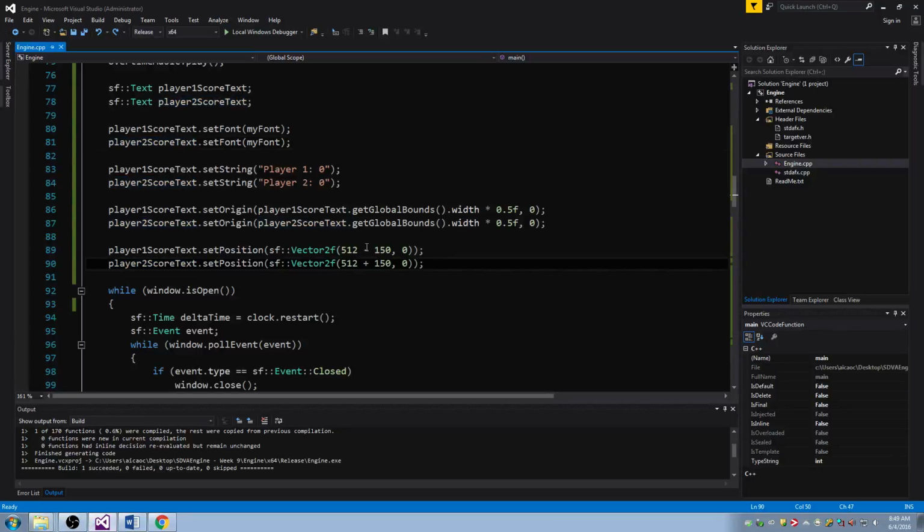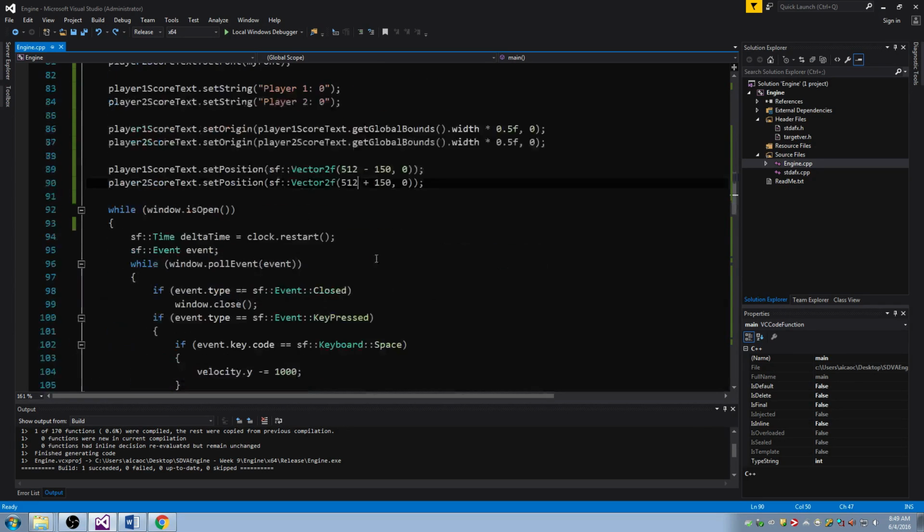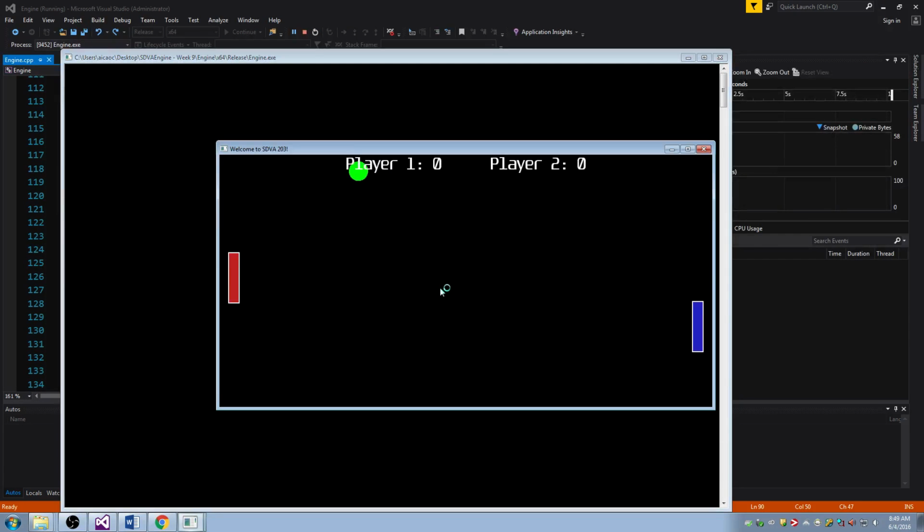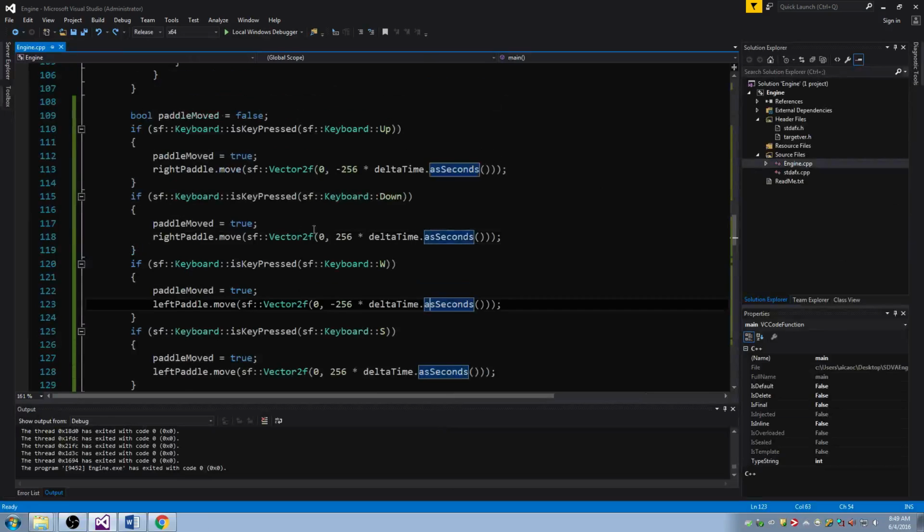Okay, so using this file now, I want to go over three things. One is AI, another is how to put spin on the ball, and the third is how to manage this game into functions so that it's a little bit more readable. And the first thing I want to do is AI because while it's great that I can control both balls and you can have this two-player game, I think it's kind of more fun if the AI is the one